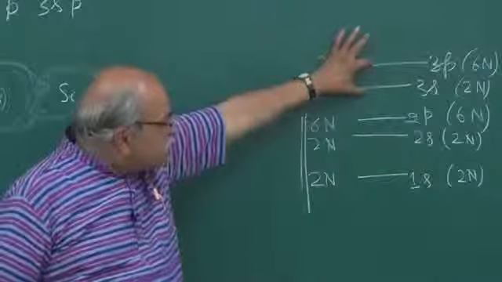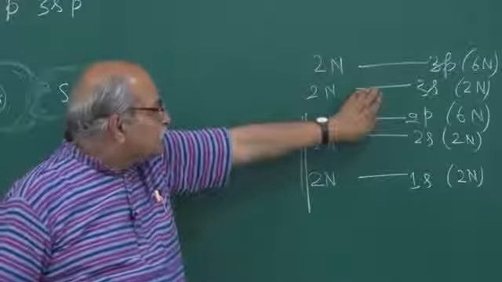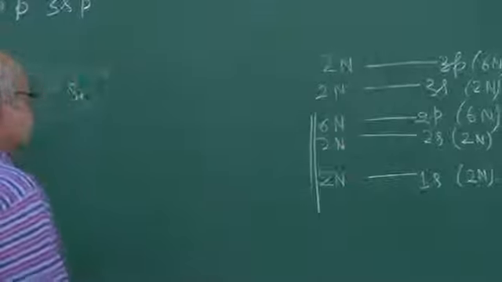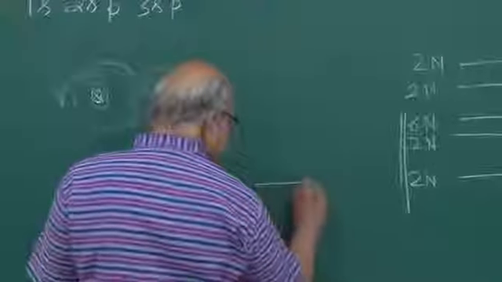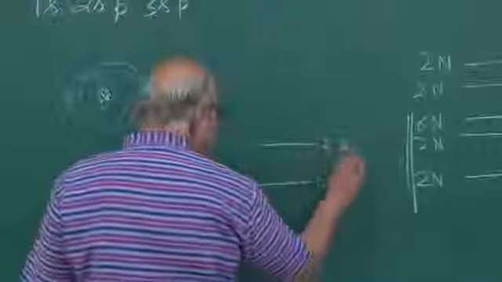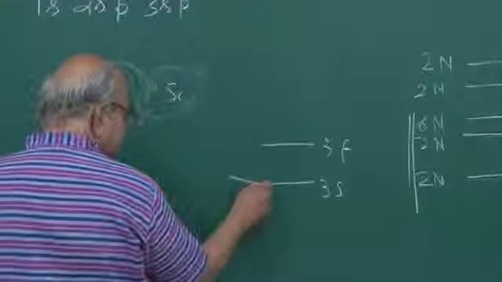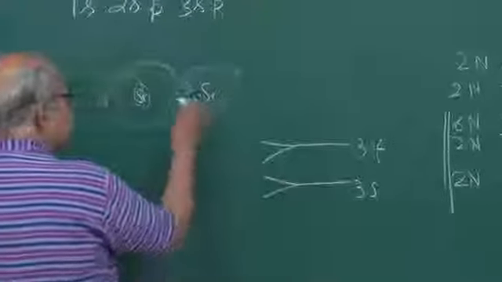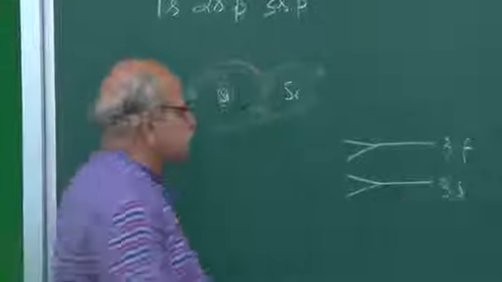We are mainly concerned with this 3s and 3p. Let's draw once again. This is 3s and this is 3p, and this broadens, this also broadens. And then the overlap starts,